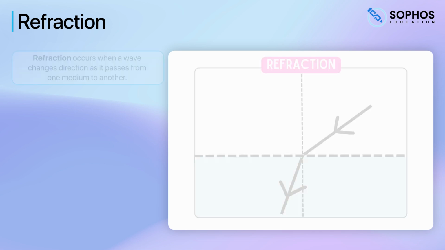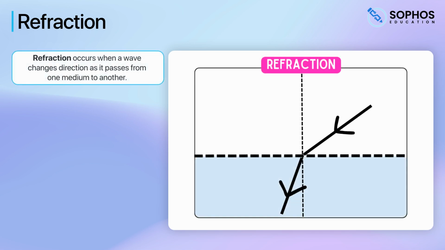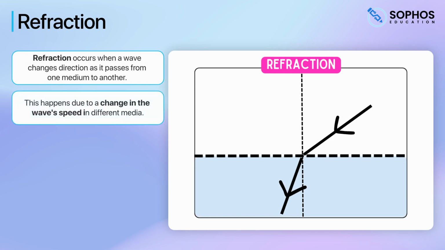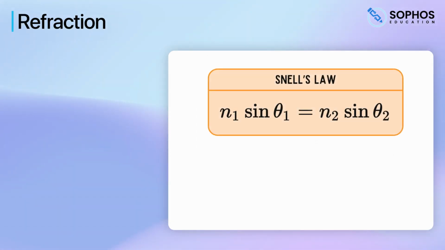Next, let's delve into the phenomenon of refraction. Refraction occurs when a wave changes direction as it passes from one medium to another. This happens due to a change in the wave's speed in different media. The law of refraction, also known as Snell's law, relates the angle of incidence to the angle of refraction through